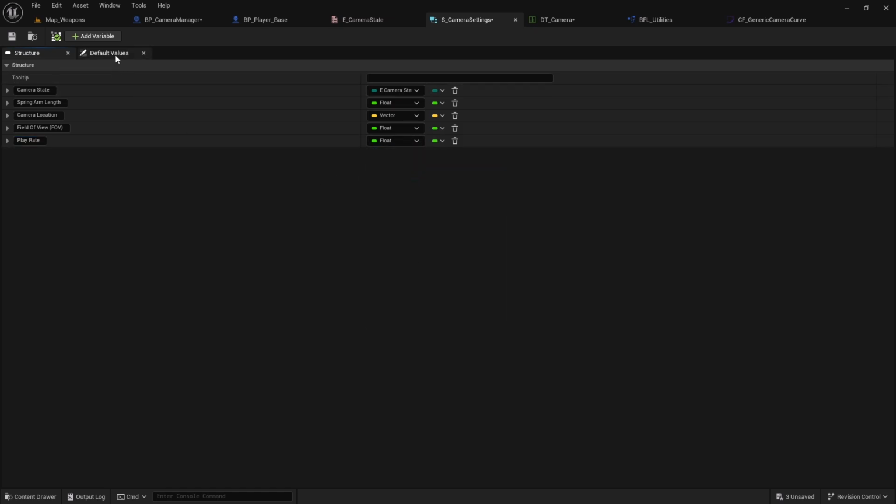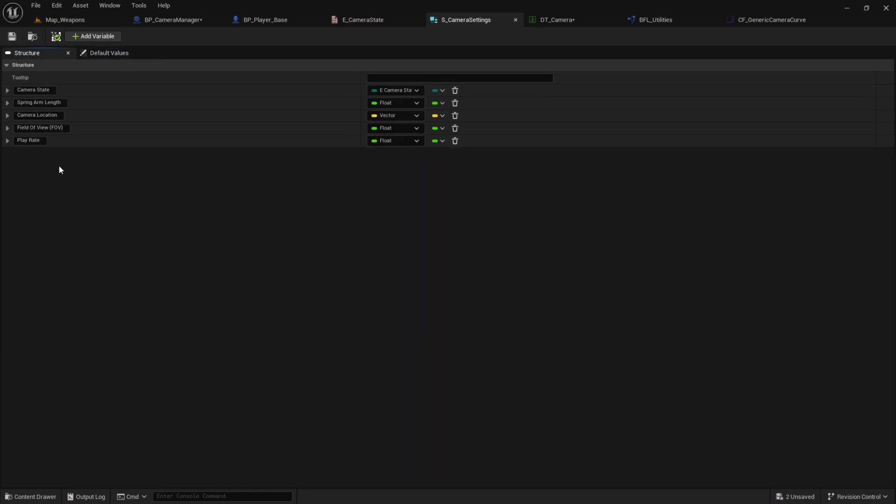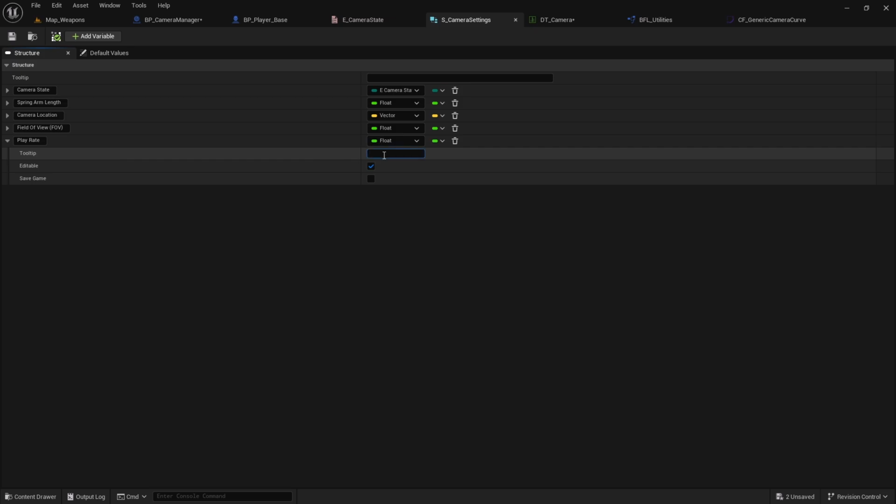The type should be float, and by default the value should be 1, and I'll add a tooltip as well. Let's say lower play rate causes longer transitions,